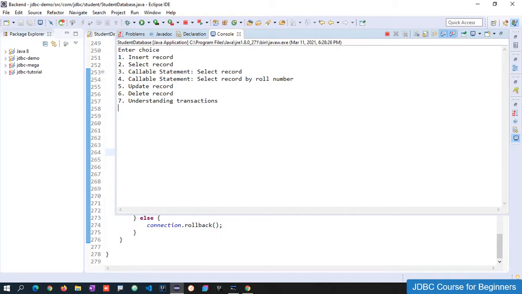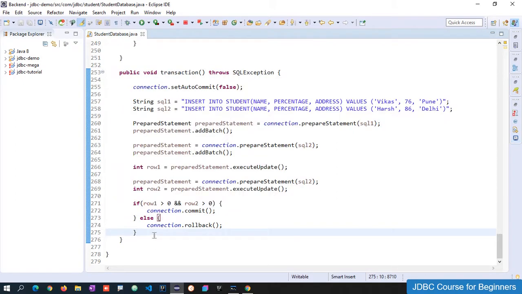In a batch you can combine any operations, basically related operations like insert, update, delete. We can combine two insert operations, one update operation, one delete operation, so we can perform a combination of operations with the help of a batch. Today in this session, let me show you how we can perform batch processing and how we can do all these operations.